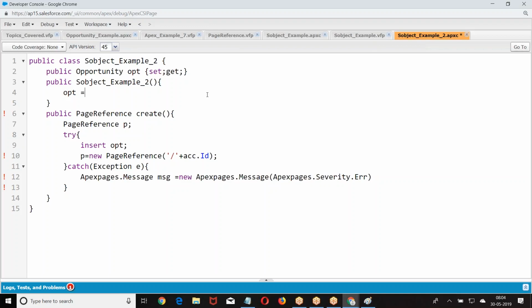So opportunity OPT is equal to new opportunity. Now you tell me what we have to write to initialize it. Okay. Delete all that. Now tell me. Right. Opportunity OPT is equal to new opportunity. Okay. Now, is it a local variable or a reference? First point. Is it a local variable or a global variable? When you define a variable, one by one, don't elaborate it. Let's do one by one. Now, is it a local variable or a global variable? It's local right now. Now, can I use it outside this constructor?